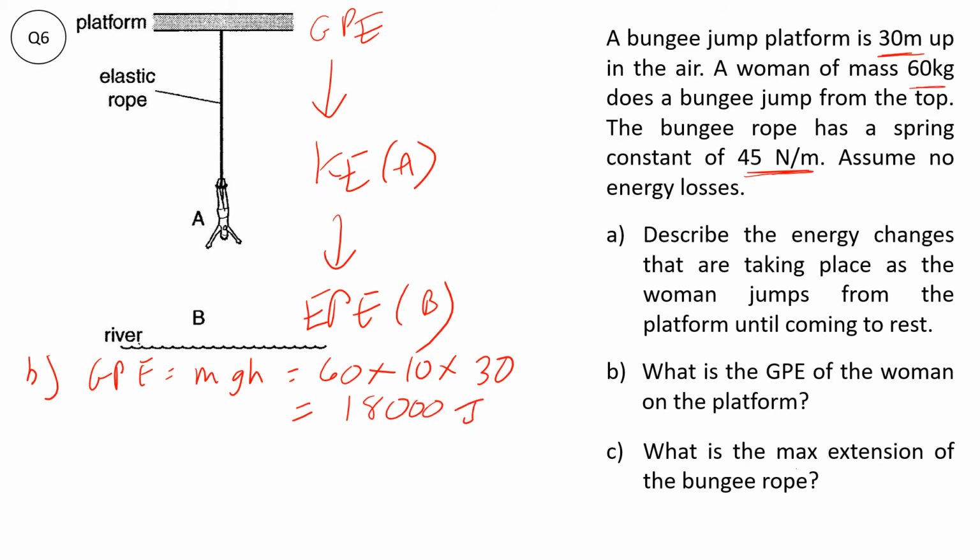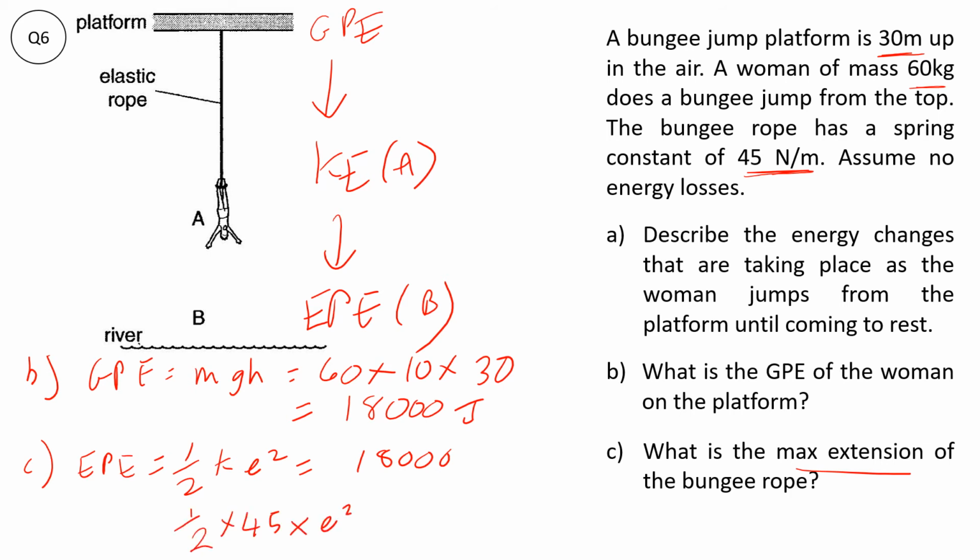What is the maximum extension for C? So we're going to use the formula for elastic potential energy, and that's going to be equal to the GPE. Half k e squared equals 18,000. So we know what k is. It's a half times 45 times e squared equals